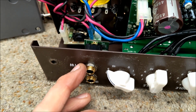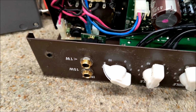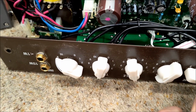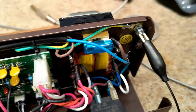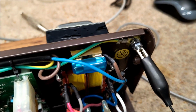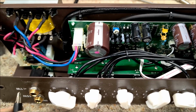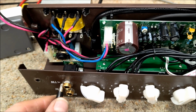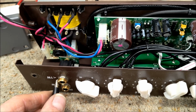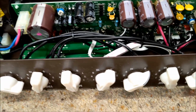So I've had the sockets out, I've cleaned the paint around there, and I put them back on, and it's still exactly the same. What I have discovered is that if I ground the socket to the earth point, the noise goes away. So I've got a croc clip lead, and I'm going to set that there, and there's absolute silence. So there's still a grounding issue, and I'm absolutely lost here, because it's a steel chassis,